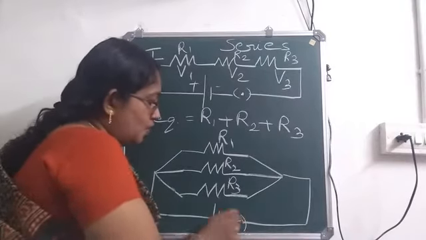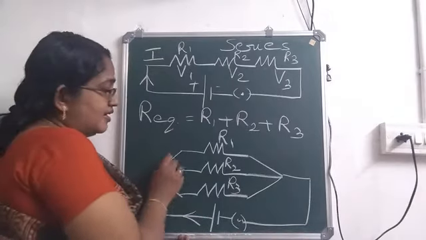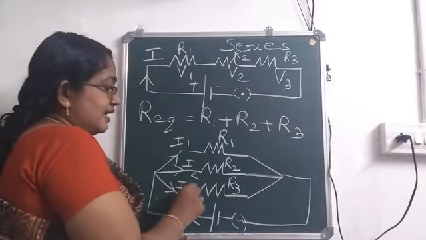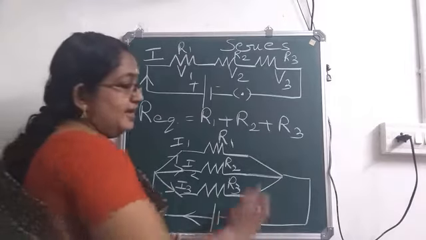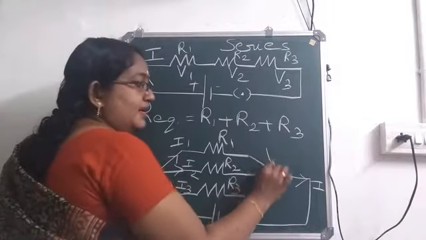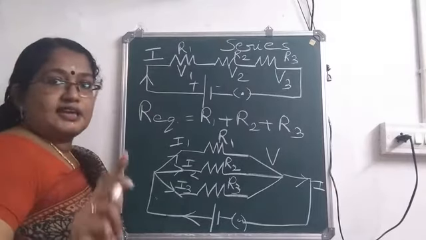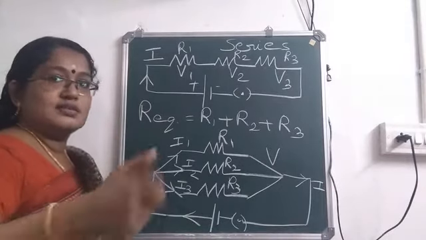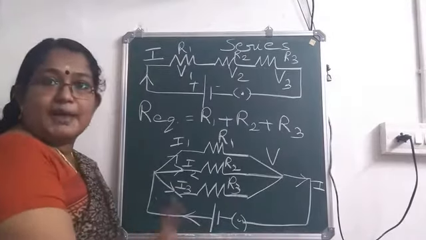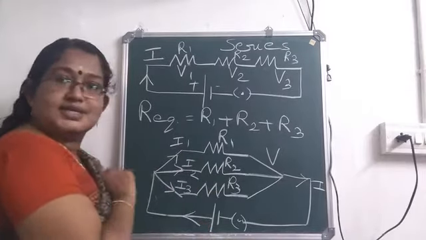Now if the key is closed, current will be flowing. So current will reach here, and when it reaches here, what happens? Current splits into 3. Then when it reaches here, again it will become I. And the potential V will be the same for all the 3 resistors. In the case of parallel connection, the ends of the resistors will be connected together, and from there the connection is given to the cell or the battery. That means each and every resistor is connected directly to the cell.